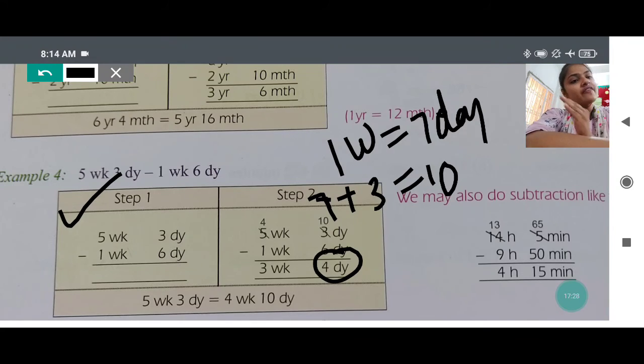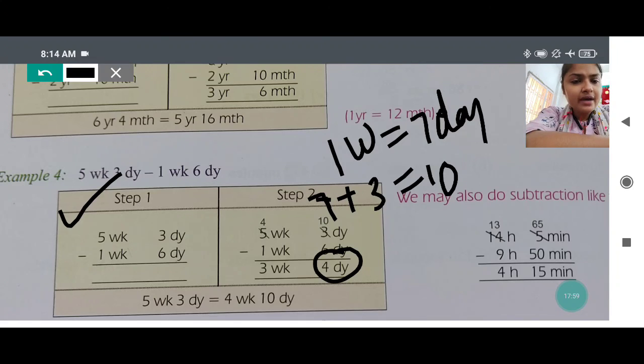Once we have taken the carry, then we subtract. You will do the same thing in all the questions. Whenever you observe that the top number is smaller than the number below, at that time you will first take a carry from the other unit and then start the process of subtracting. Because if you subtract first and then take the carry, maybe you will get confused. But once you take the carry, add it in that unit and then subtract, it will be easier for you.